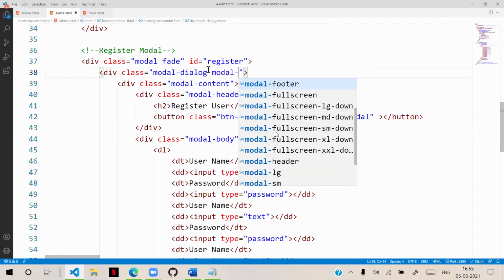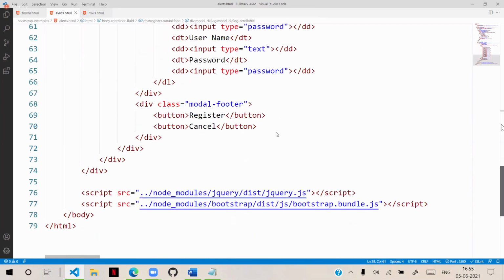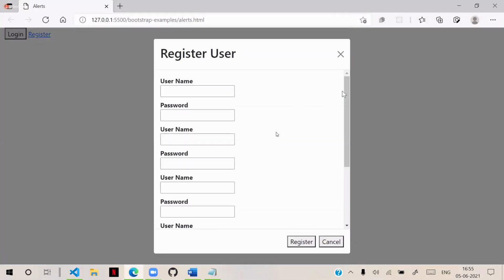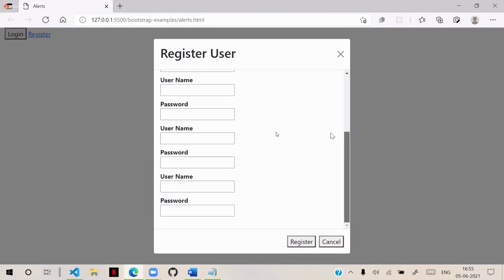So modal dialog scrollable, that will be better. And for the cancel button, what will happen is data dismiss modal. Okay, now you can see that on register click, it will pop up and a scroll bar will come for the form. That will be good.